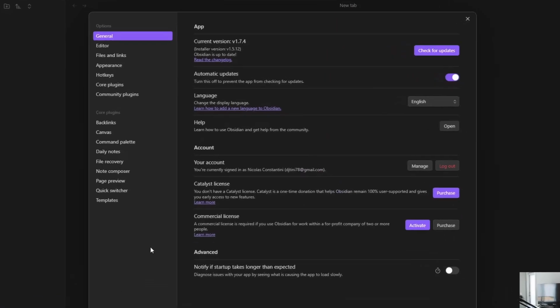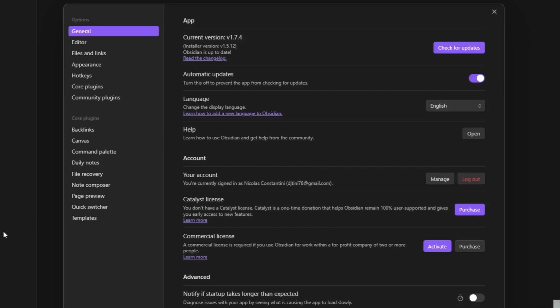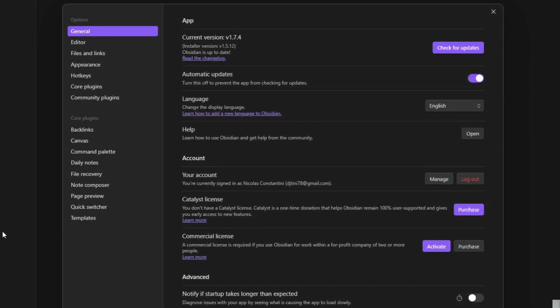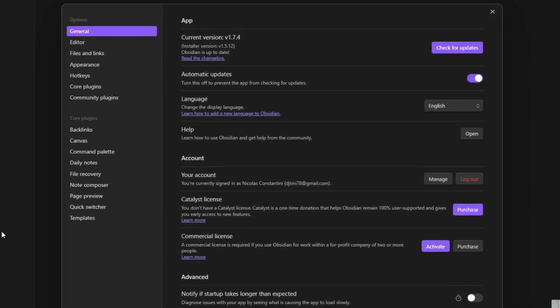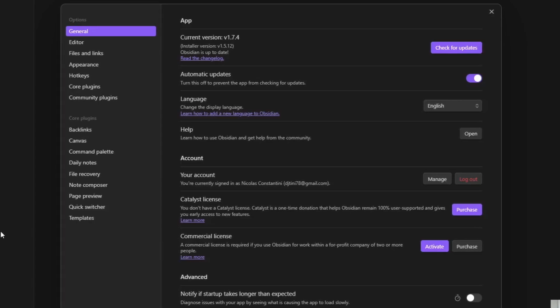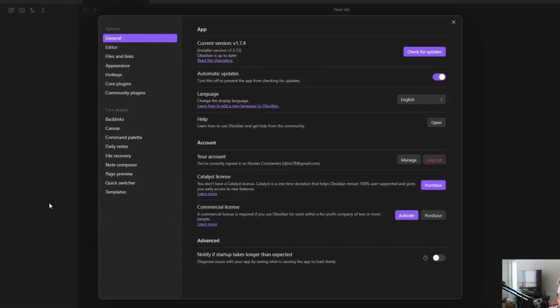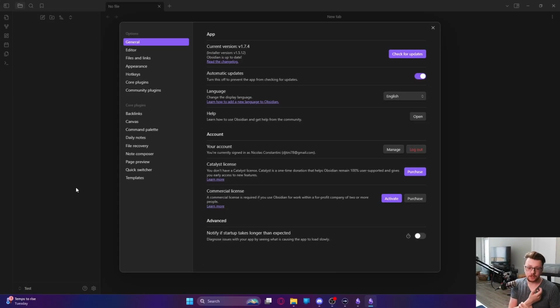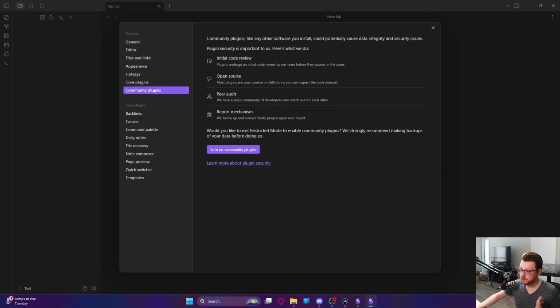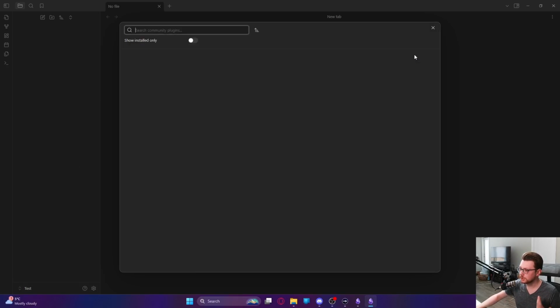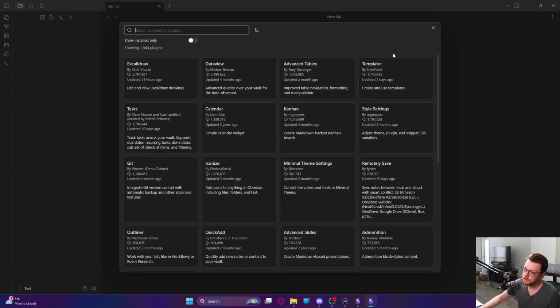The first thing you want to do for anything related to TTRPG planning, or even Obsidian in general, because it improves significantly, is go into this community plugins thing. Going to turn them on, and you're going to browse for community plugins. Now,